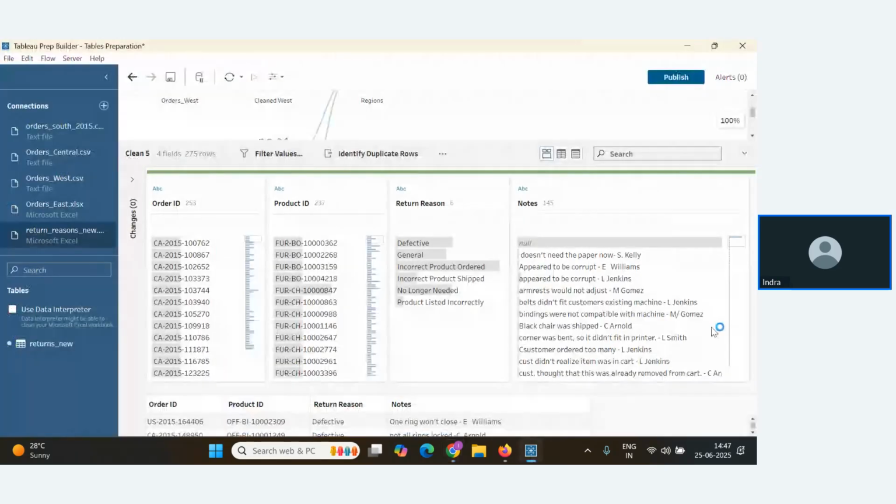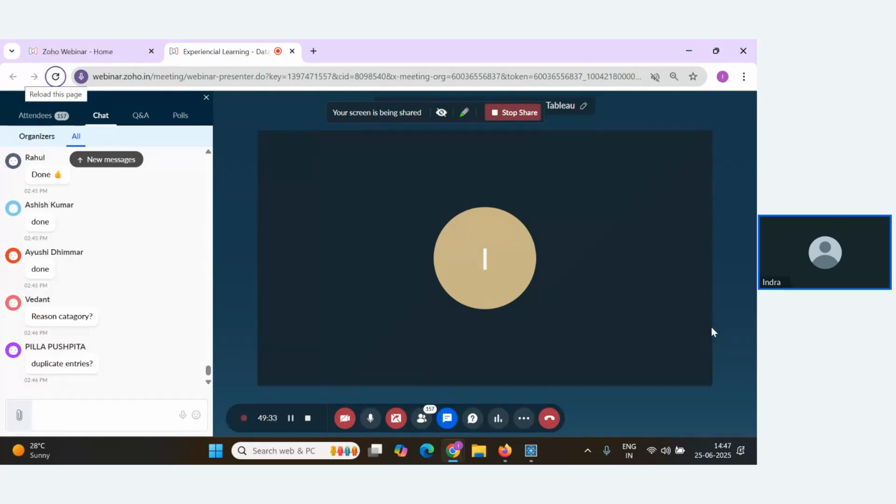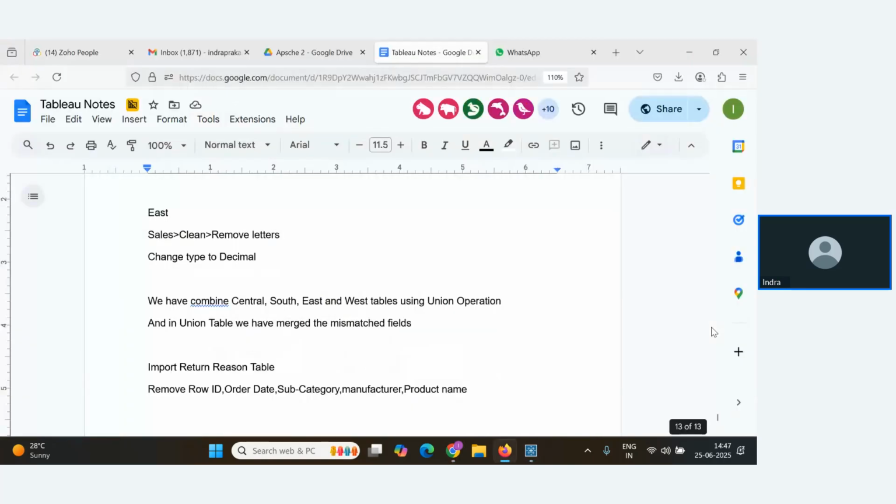Can you see into the notes? Here, let me write down here.